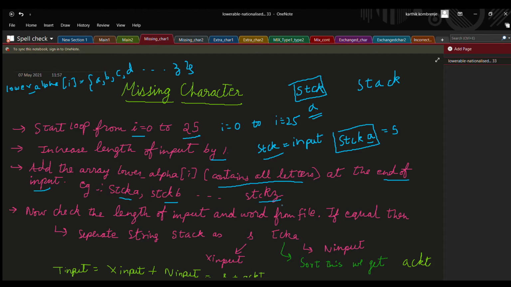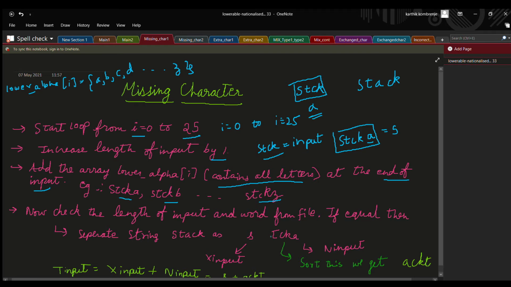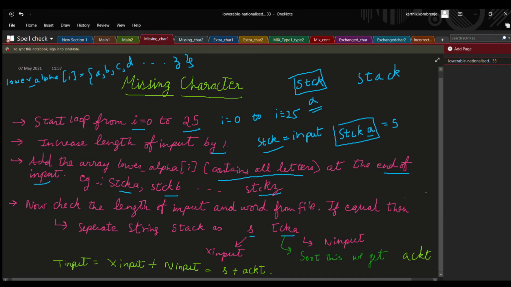So if it matches, then I am going to separate the word that I have entered as S and TCKA. Let S be X input and TCK be N input.